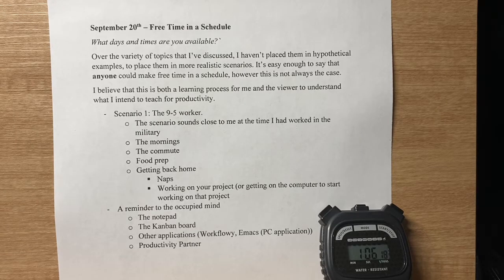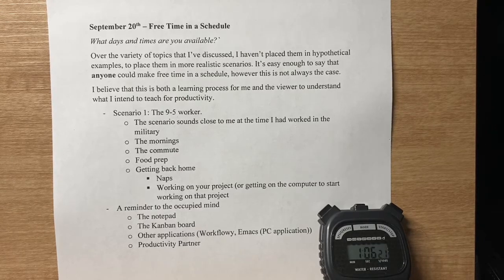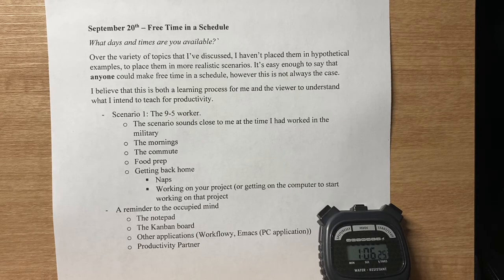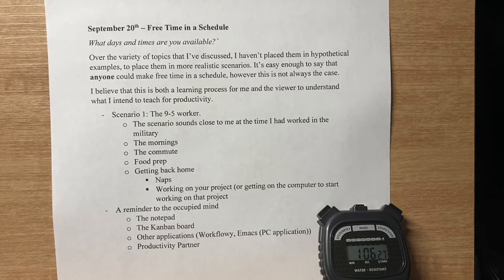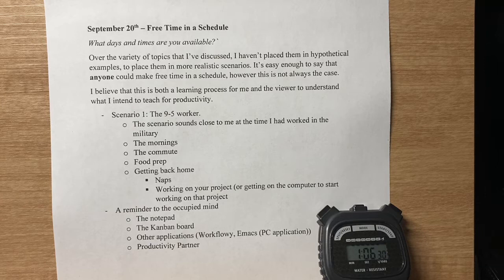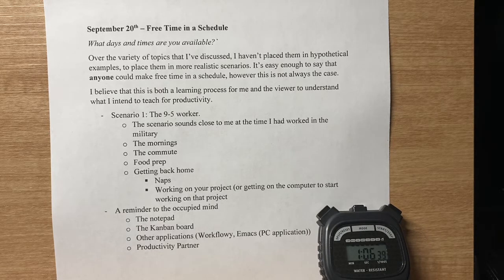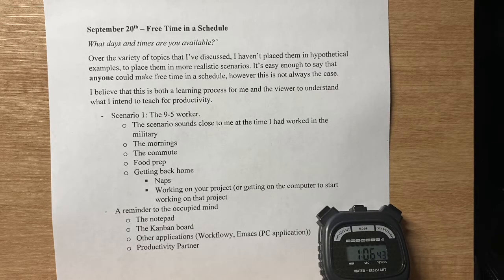So why did I bring up this scenario? It's close to me at the time I worked in the military, and so I'll talk about the mornings, the commute, food prep, getting back home, and sometimes there's days where you're feeling exhausted, or you have enough energy just to get right back to that project, or just get on your computer to start working on the project. So, what helped me at the time was the notepad,